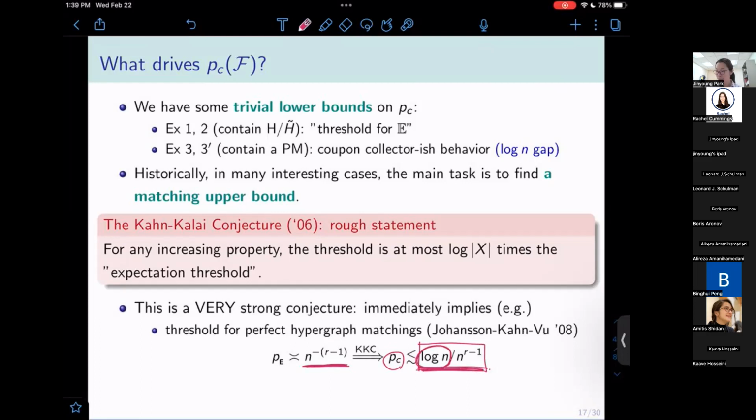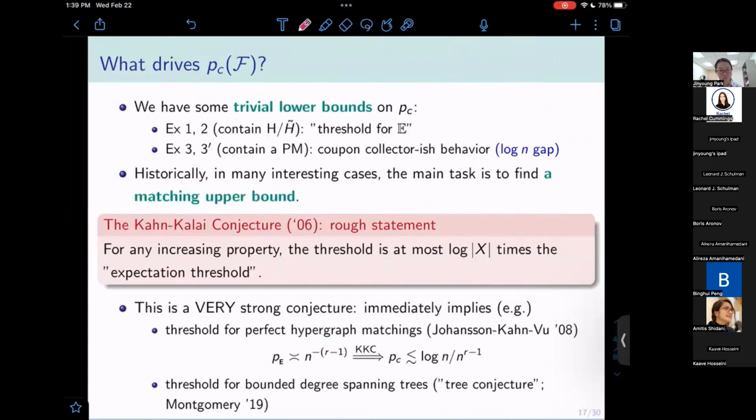But this upper bound is actually the second lower bound given by the coupon collector-ish behavior of a random hypergraph. So that means we have an upper bound which matches the lower bound. So this just nails down the actual threshold for this hard question. And there is another motivating